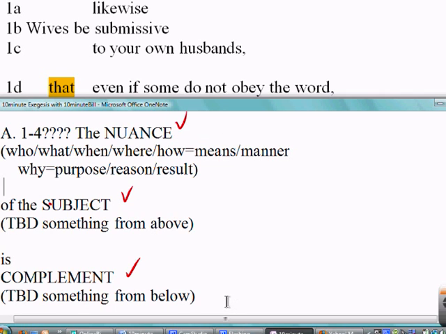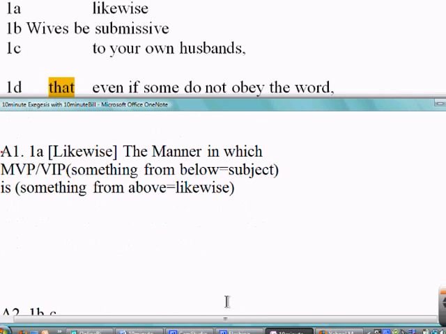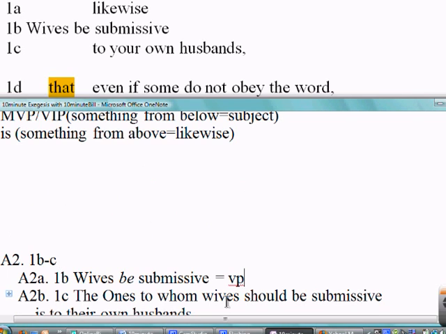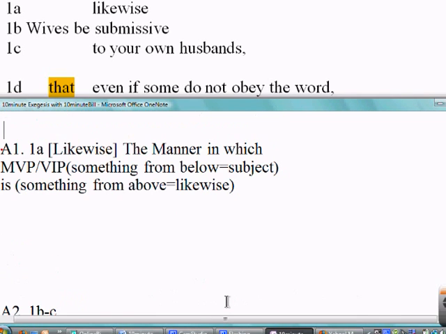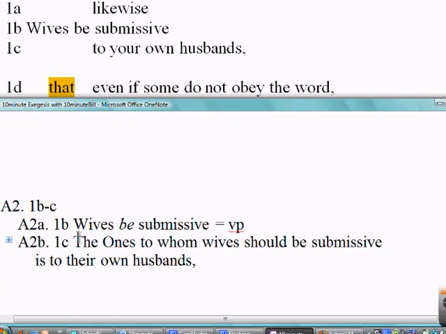So let's go take a look at our passage down below here. We'll jump in, and have a word called likewise right at the beginning. It's like something that happened up above, and that's going to be describing the verbal proposition, which is going to be something from below, but we'll come back to that. It's kind of confusing. Let's just go to a piece that's even easier. Wives, be subject or submissive. It's pretty easy. That's going to be a verbal proposition. The verb to be is implied right here,